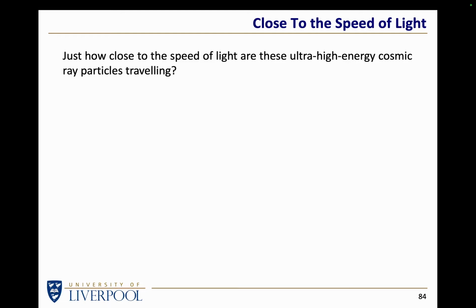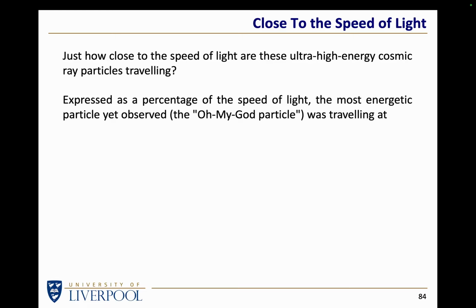Now, we know that no particle can travel faster than light in a vacuum, but what sort of speeds are these things traveling at? From the observations made, you can work out the energy of the particle that hits the atmosphere. And they've calculated, as a percentage of the speed of light, how fast the Oh-My-God particle was traveling, which is roughly the same as the speed of the Amaterasu particle. Turns out to be, as a percentage of the speed of light, these things are traveling at